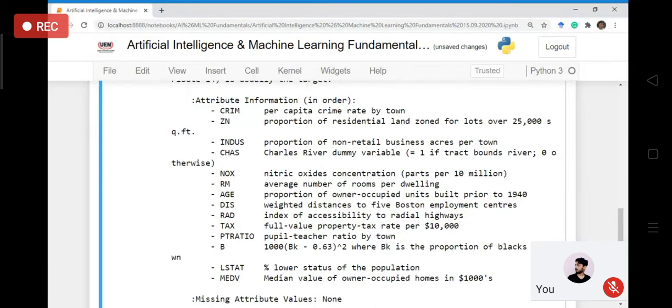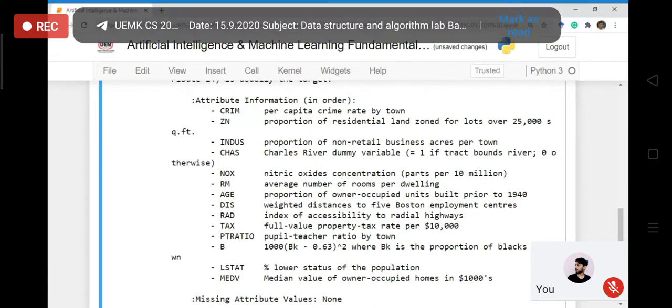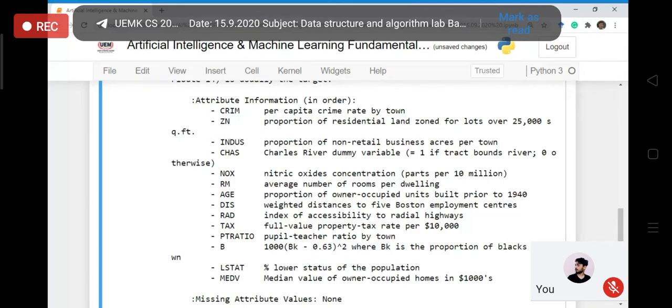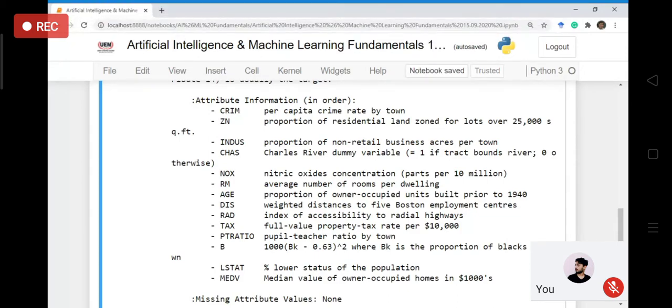Over here you can see that RM stands for the average number of rooms per dwelling. So there are a couple of houses in a particular area. What is the average number? That is one variable. AGE is the proportion of owner-occupied units built prior to 1940, the average age of that. TAX, then we have other variables and their meanings as well. Suppose per capita crime rate, that is also one variable. Definitely you would not be looking for a residence at a location where you have a high crime rate. So that is one key variable, right?